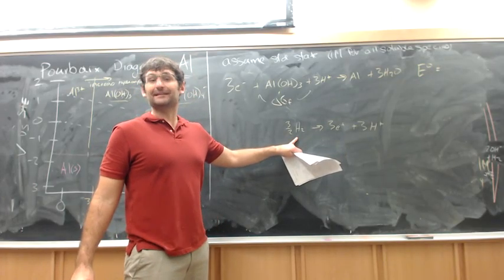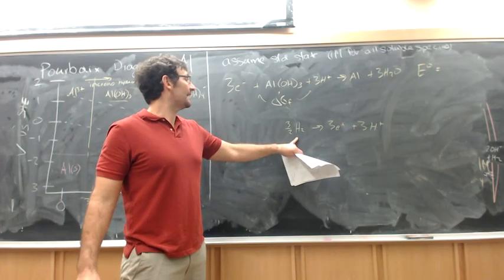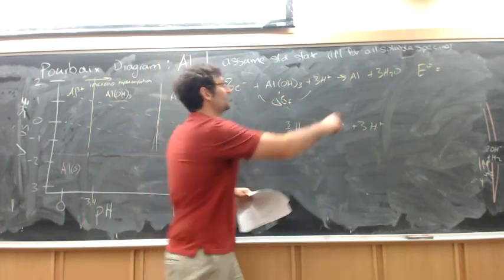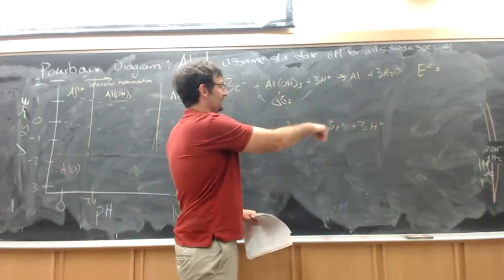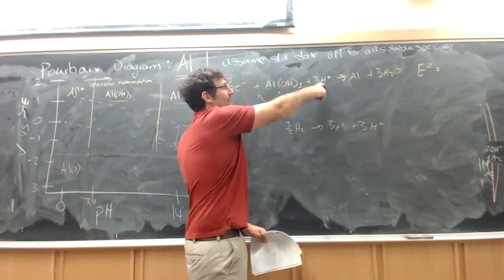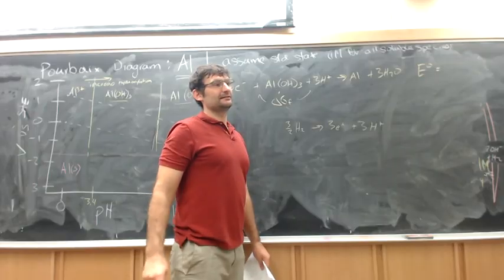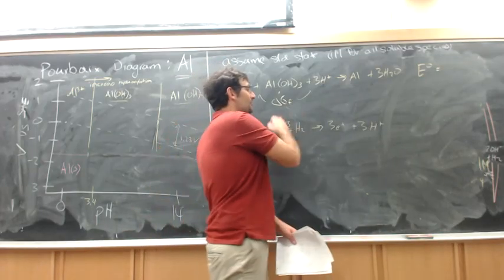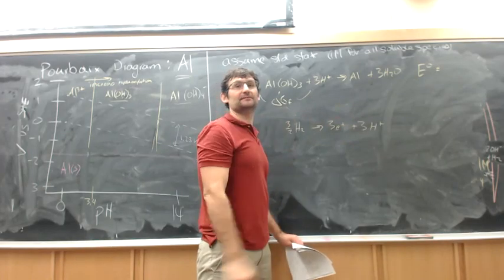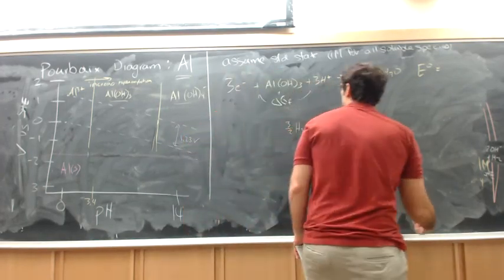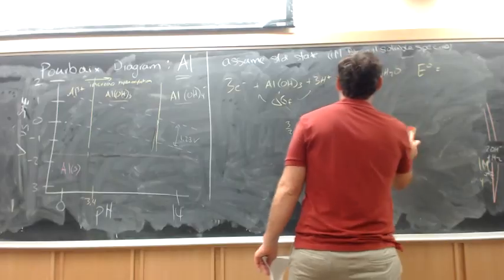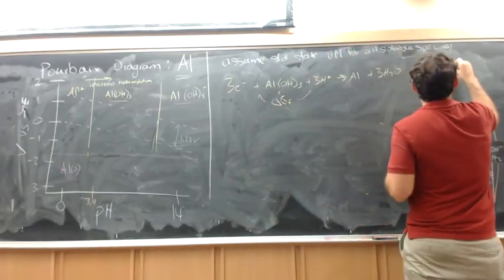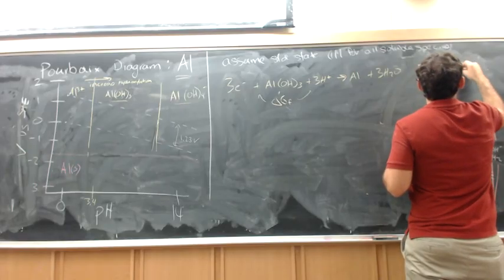So it turns out practically, if I do it this way, and I'm calculating versus the standard hydrogen electrode, I can just ignore the electrons and just do products minus reactants. Because the delta G of formation of protons at 1 molar is 0 also. So it just comes from the fact that we're coupling it to the standard hydrogen electrode. So you'll go through this in your homework and in preparing for the midterm. So we can calculate E naught, delta G equals negative nFE. We can get negative 1.47 volts